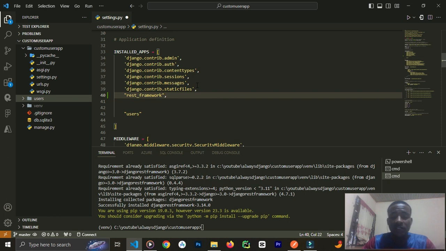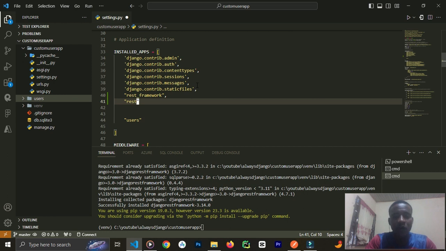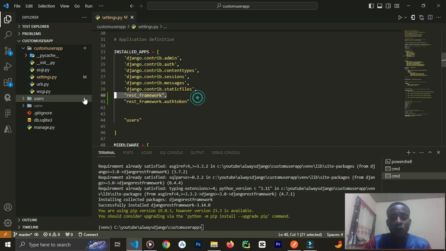Then because we are using REST framework's authentication, we are also going to add another one, rest_framework.authtoken. This app comes by default in Django Rest Framework. You have to indicate it here because it has models that it will also install. After doing this, we have to rerun our migrations so that the migrations for Django Rest Framework and Django Rest Framework auth token will be committed to the database. So we say python